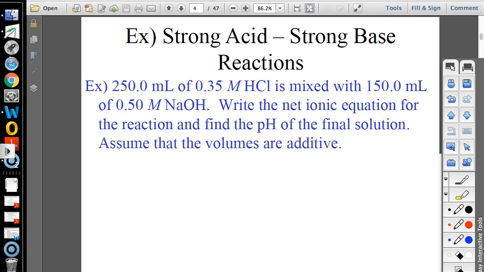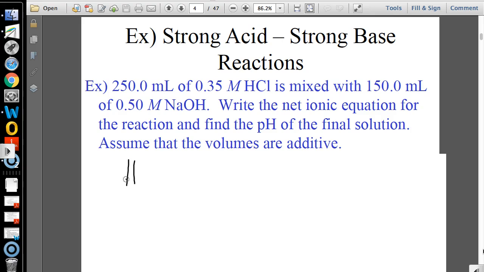But the first thing we need to do before we write the BCA table, I guess we need to write the reaction, because that's what's at the top of the table, right? So let's go ahead and do that. I'm going to write the full equation. I have hydrochloric acid, that's going to be aqueous, and then sodium hydroxide, which is also going to be aqueous,